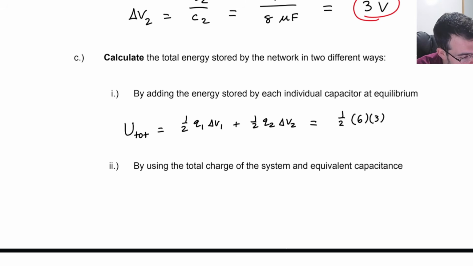Delta V1 was 3, and then we have 1/2 times 24 times 3. That's equal to